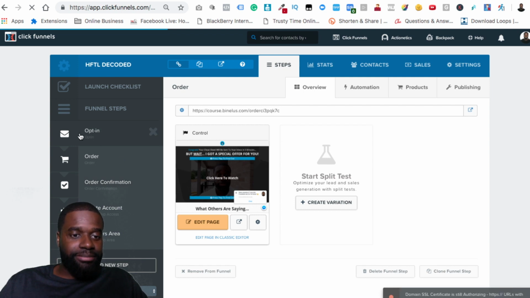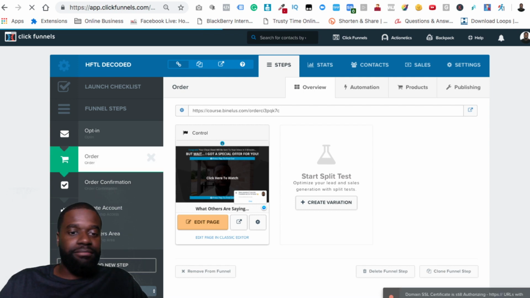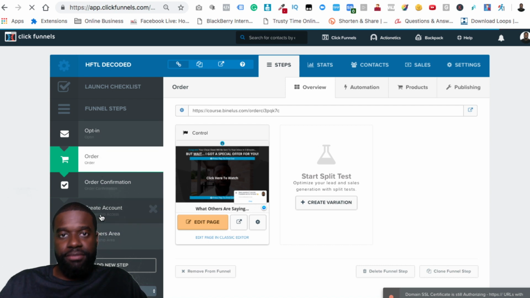So as you can see, I have the opt-in, order confirmation, membership access, and membership area, and this is a funnel right here. ClickFunnels is really good at simplifying things and making things simple. All your funnel steps are right here, and this is the exact process that a visitor goes through, once they complete one step, when they go through your website. You can also create websites with ClickFunnels, but it's mostly a software that's going to help you